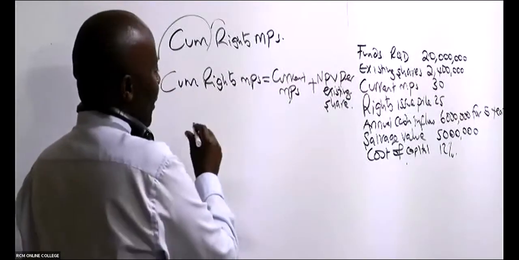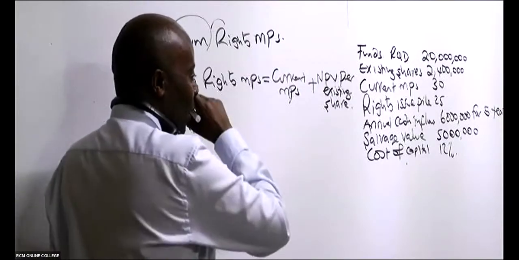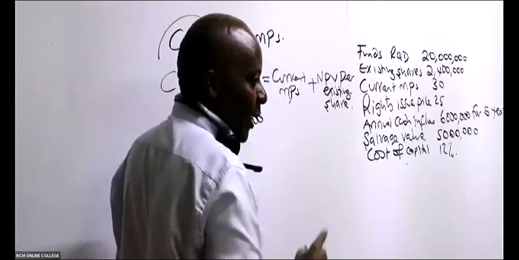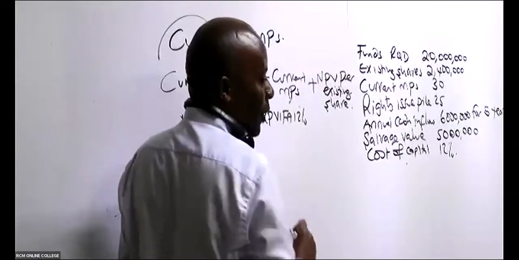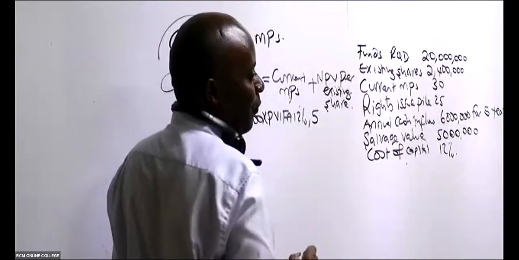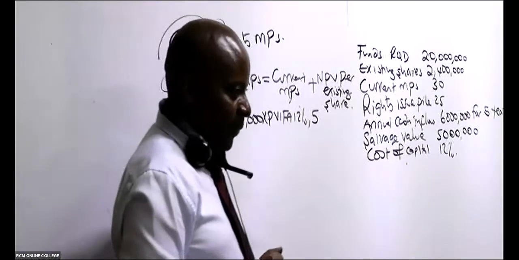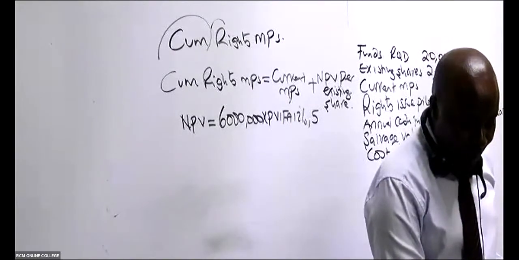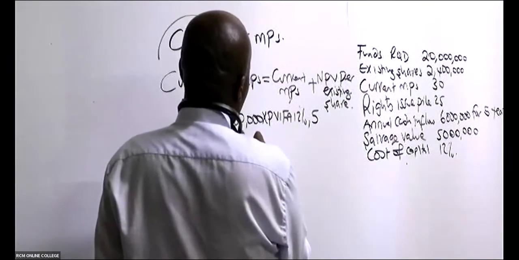So then I would want us to calculate this net present value. The project will be giving us an annual cash flow of how much? 6 million, isn't it? And this is an annuity, so times PV-FAR. Remember they have given us cost of capital, 12%, for 5 years. Do we expect any other cash flow apart from this annuity? Scrap value, isn't it? We have salvage, so plus 5 million.